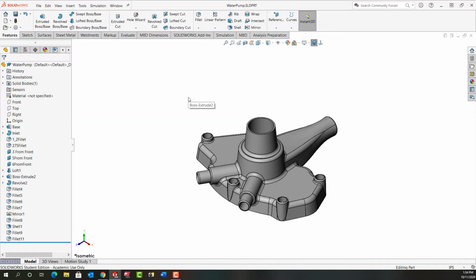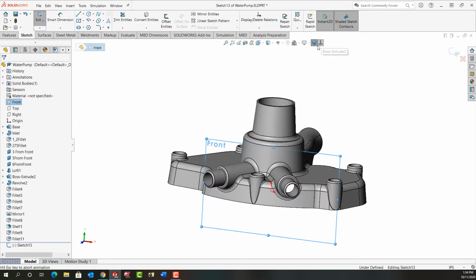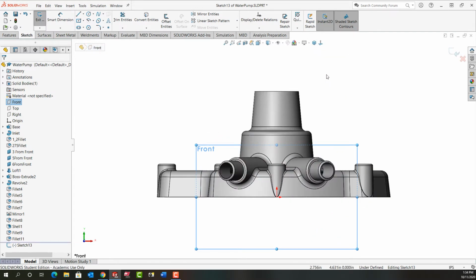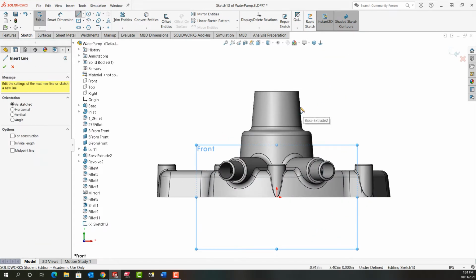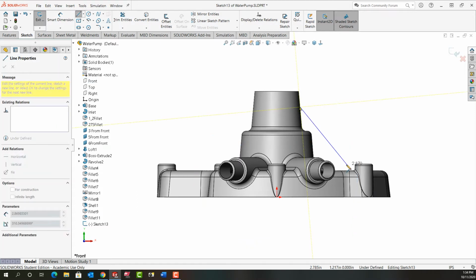In this video, I want to demonstrate how to make the rib for this part. So I'm going to pre-select the front plane where I want the rib sketch created in. I'm going to tell it I want to make a rib feature, and I'll look normal to that. Use my mouse gestures to activate line, and I want the rib to touch this edge and this face down